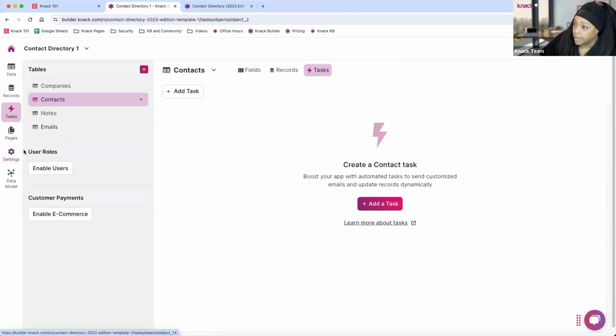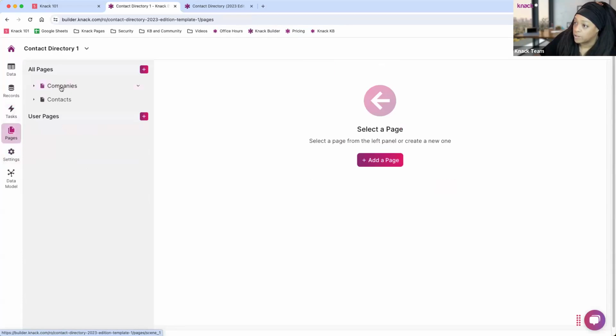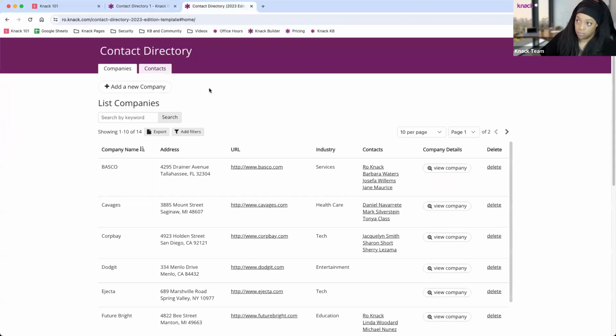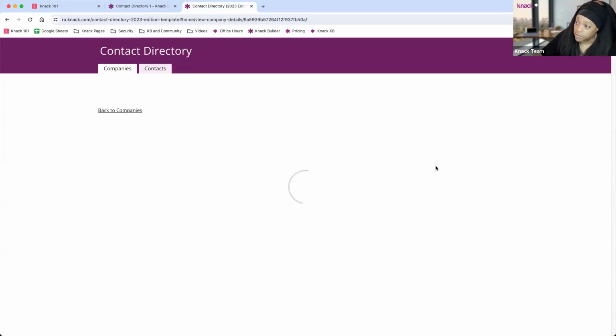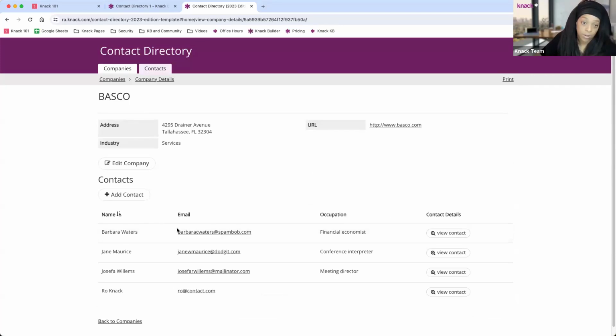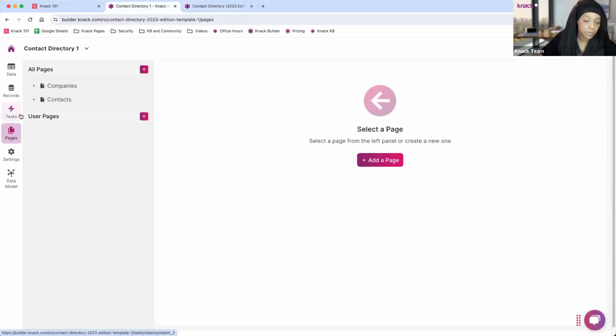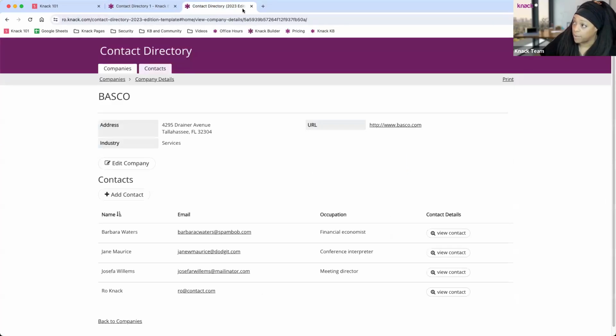So that's tasks. As we continue to work our way down, you'll see pages. This is where we are building out our workflows. So think here, we're looking at our contact directory. We're seeing a button here to add a new company. We're seeing a table here or a grid view to allow us to view a list of all of our companies. We want to add links to be able to view more details about a company and all of their related contacts. All of this magic happens here on the pages side. This is where you set up those workflows. So once those are set up,